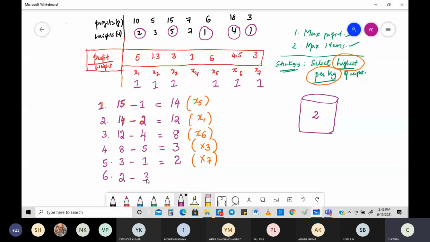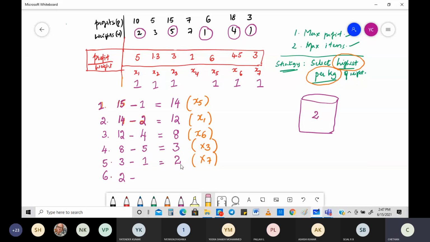You get -1. That should not be possible. That is never possible. See, the maximum is 2 kg. Can you put 3? No. If you put 3, the bag will break, so all these items will fall down. That should not be done. But that is only the strategy, because we need to put the maximum denomination.